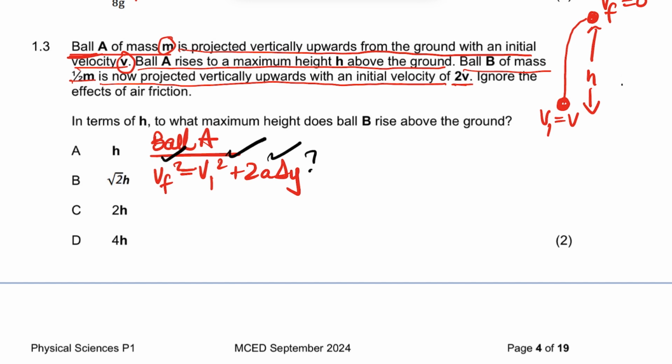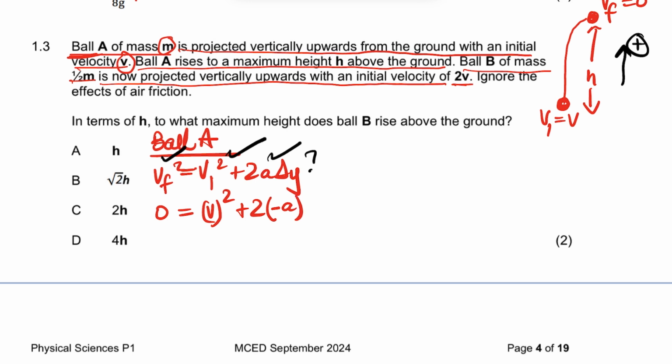We're going to choose up as positive, which means our gravitational acceleration will be negative. So let's substitute. The final velocity is 0, the initial velocity is v, so 0 equals v squared plus 2a, and the acceleration is going to be negative,